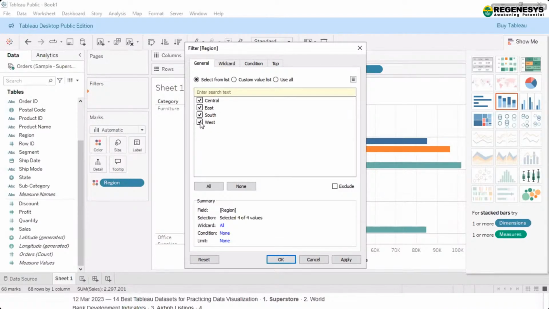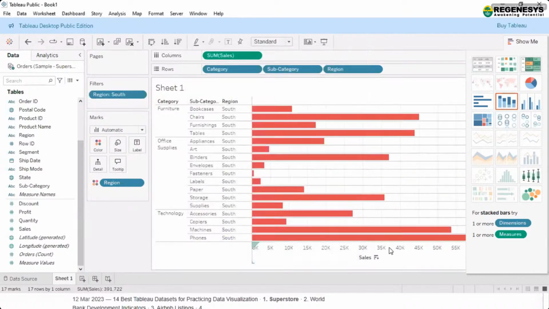So now let's say, for example, if I want South data only, what I do is I just uncheck the other regions, and I click on apply and OK.